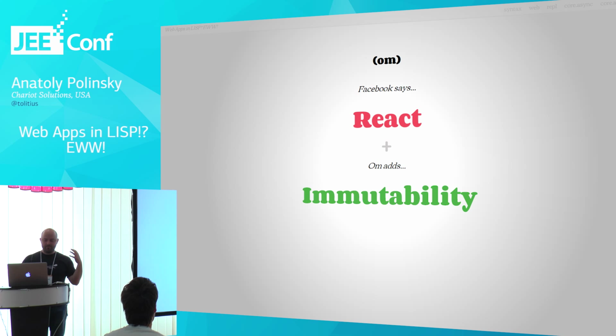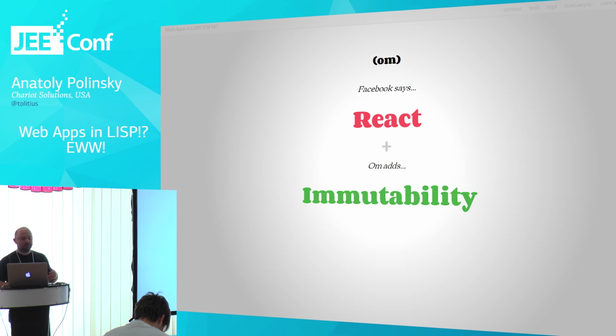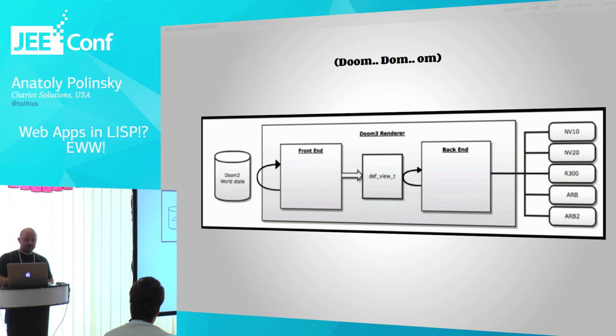So it's based on Facebook React. It's not OM's idea. It's actually the Instagram guys' idea. They created React.js, and since Facebook now owns Instagram, it's the same thing. We say it's a Facebook idea. And OM adds immutability, and we'll see why it's important. The interesting analogy to what React.js or OM is